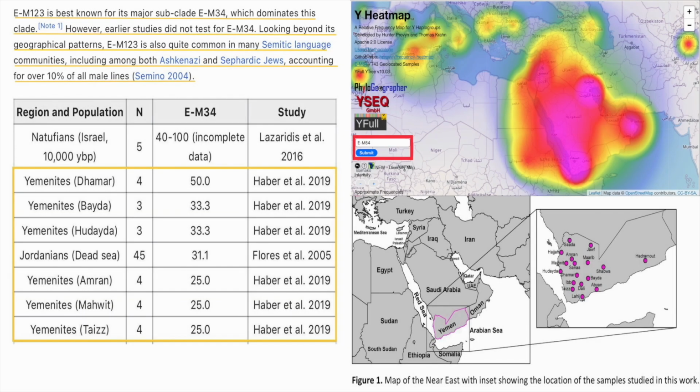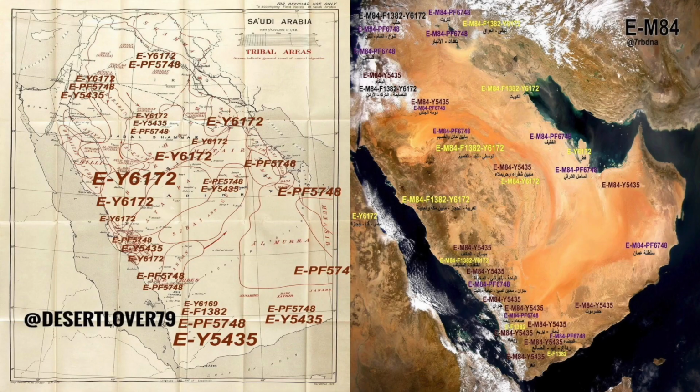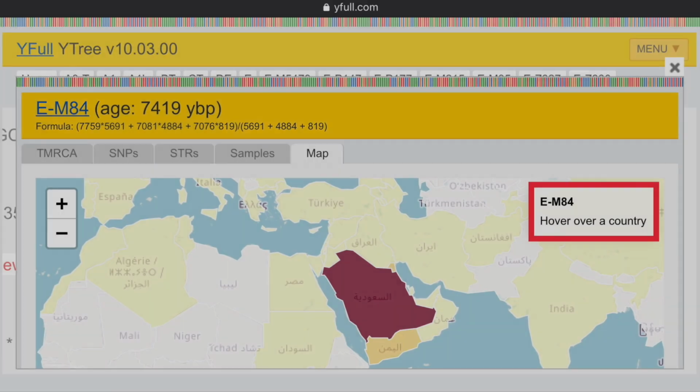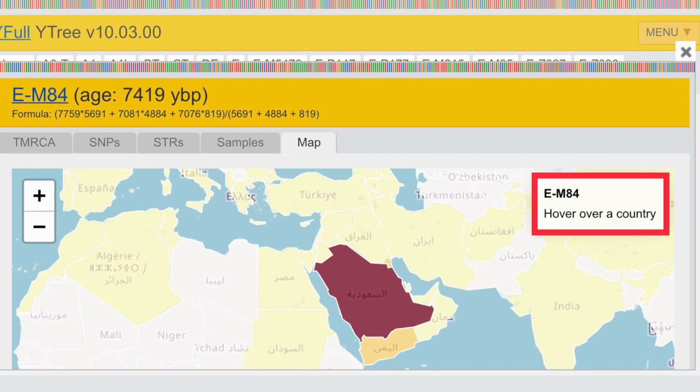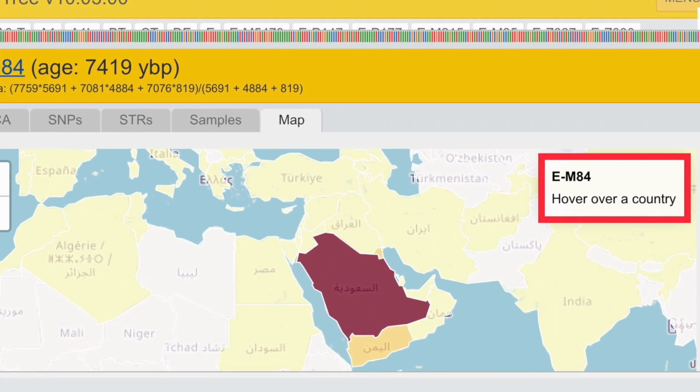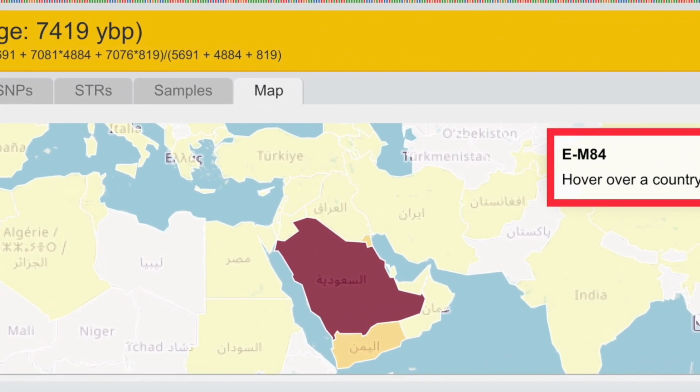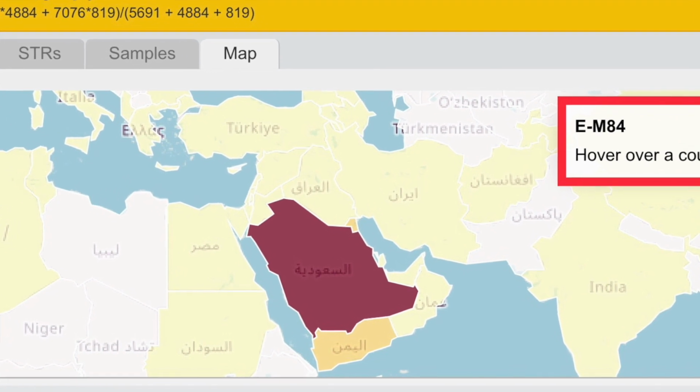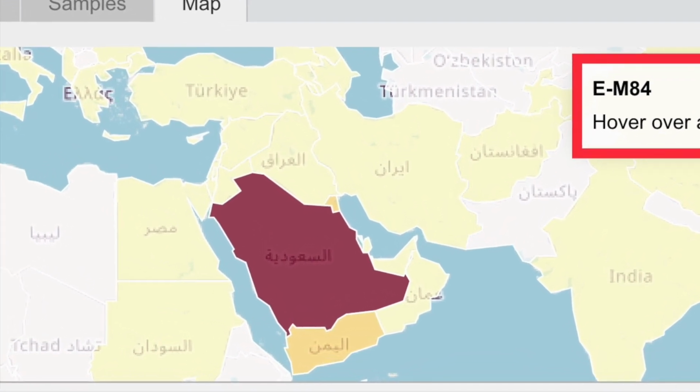Many Arabian populations also carry E-M84, such as the Yemenites, who can carry around 25 to 50%. There are various Arab clans who carry E-M84 all throughout the Arabian Peninsula. If you take a look at yful.com and type in E-M84, you'll see a very high distribution in the Arabian Peninsula, Yemen, Kuwait, but also throughout other parts of the Middle East, such as Iraq, Israel, Syria, and parts of